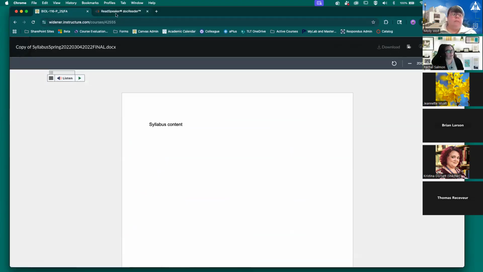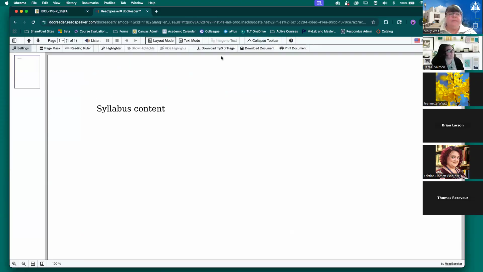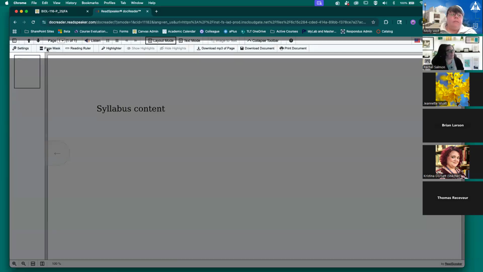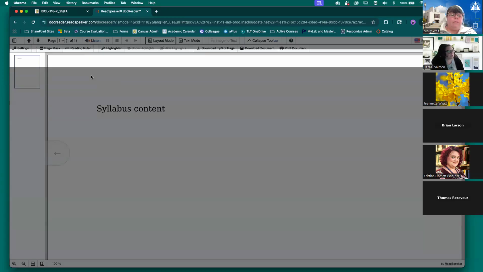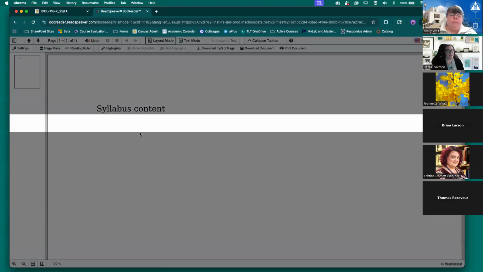And that will open a full doc reader. Now, this one is probably not the best example because it's only 2 words, but what's really nice is there's a lot more features than just, we're going to read this document. I can actually use a page mask and I can follow along and focus on just one line at a time,